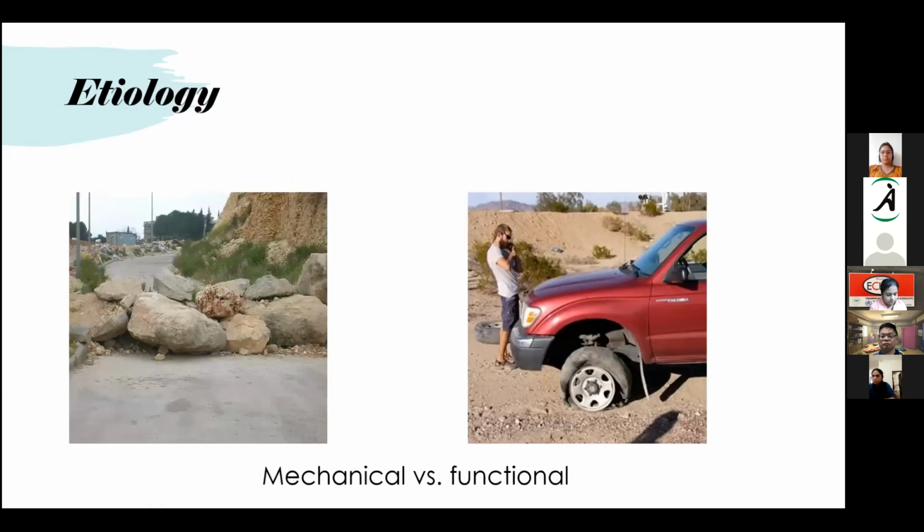So third is basically based on the etiology. Based on the etiology, bowel obstruction can be classified as either mechanical or functional. Mechanical is basically when there is a proper block to the flow of the bowel contents. So it's like a proper obstruction, like a roadblock. In the way of the food particles or whatever contents of the bowel which are moving forward, there is an obstruction which is mechanically blocking the forward flow of the bowel contents.